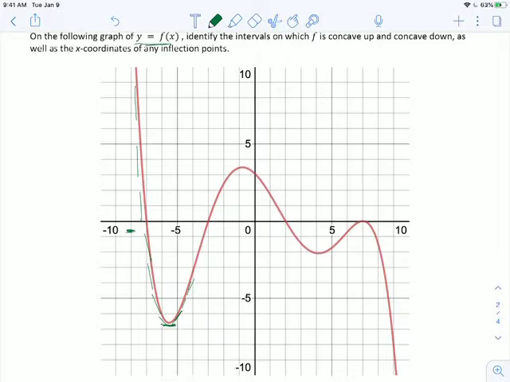But at some point, by the time we get, say, over to here, then we can see that the slopes are getting smaller as I read left to right. So it's going to be concave down. So somewhere in between, there is a point at which the function changes to concave down. And I'm thinking that maybe that point is right about here. So I'm going to note that this is an inflection point on this graph because it's concave up here and it's concave down